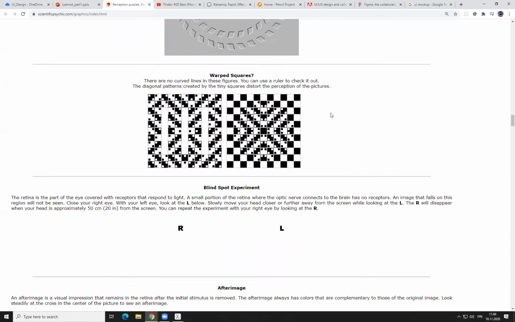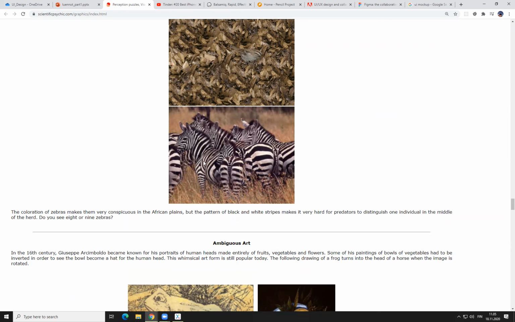Here's about these zebras. Do you know why they have these? What is the effect of these black and white stripes? It says that, okay, it's very hard for the predators. But there is actually also another kind of predator. Some time ago I read some research or news that there are these insects which spread some diseases. I think it was flies. Or was it that some species of flies hatch their eggs in the backs